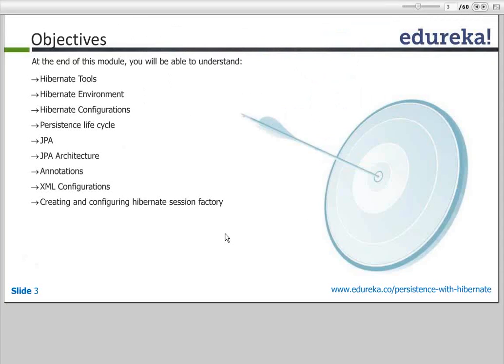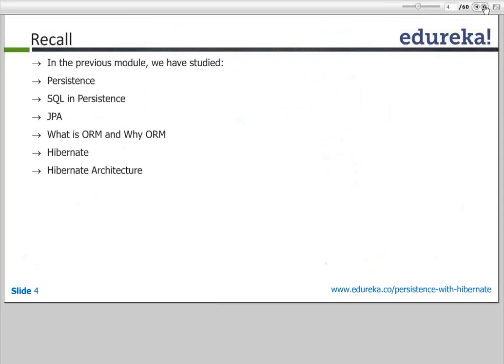And apart from the tools, there will be some additional discussion on configurations, and then we will be configuring a model class using one of the two options, actually both the options, annotation and the XML way. So moving on,